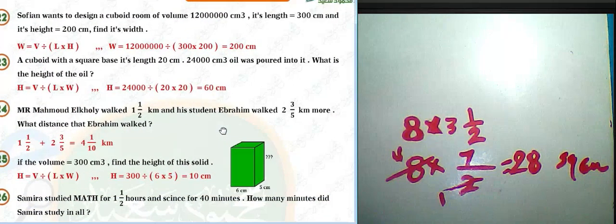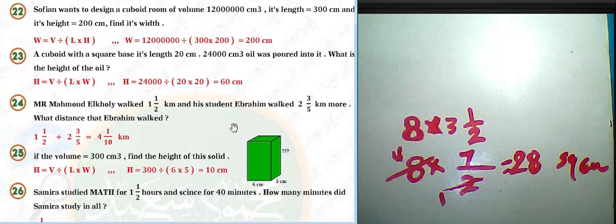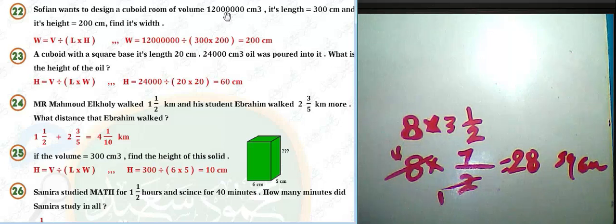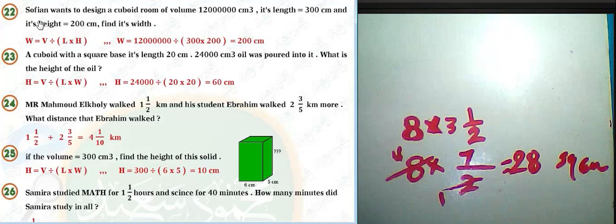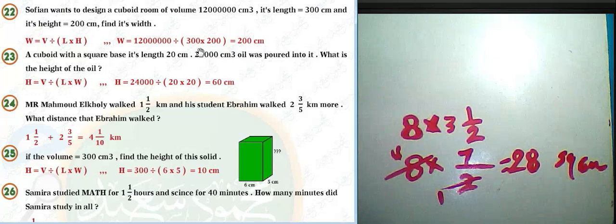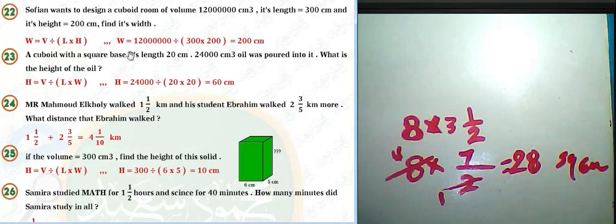Okay, question 22. Sufyan wants to design a room whose volume equals 12 million cubic centimeters. Its length is 300 centimeters and its width is 200 centimeters. Find its height. Height equals volume over length times width. Length times width equals 60,000, so 12 million divided by 60,000 will be